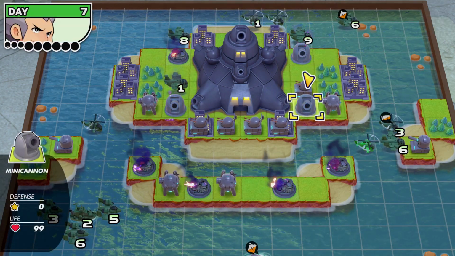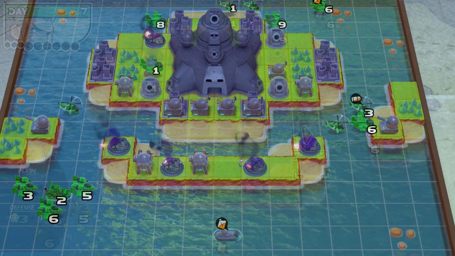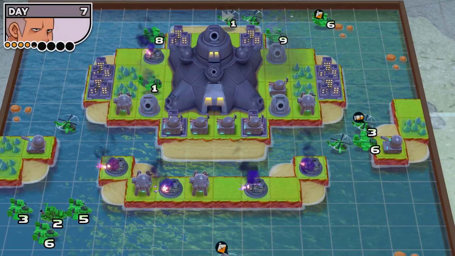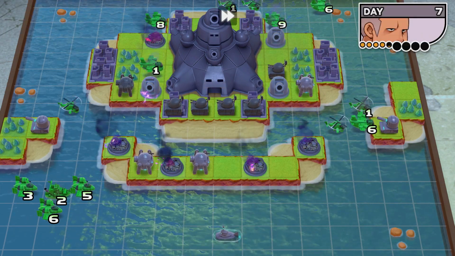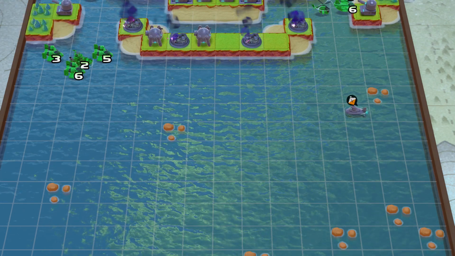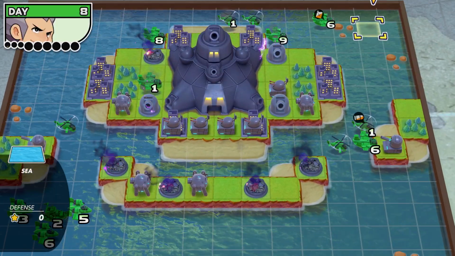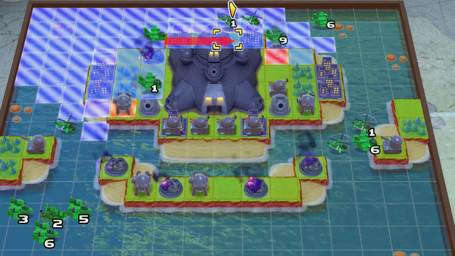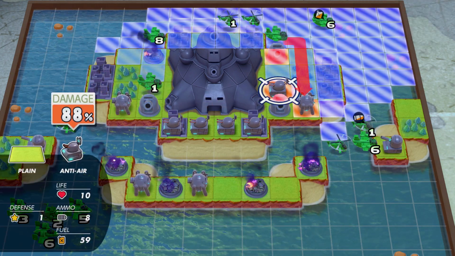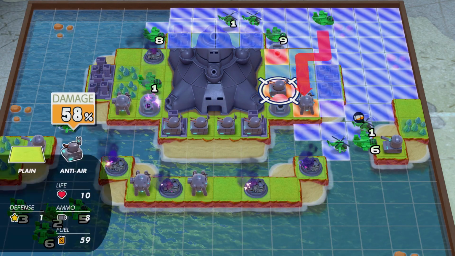Okay, so... Oh, that one's got full health. Because I can definitely kill off that cannon. Okay, that sub dove, like, right here. So it may be possible that he could reach the battleship, but okay then. This bomber can only reach that cannon. Unfortunately, if that thing wasn't in the way, I could bomb that, but I don't even know if I can